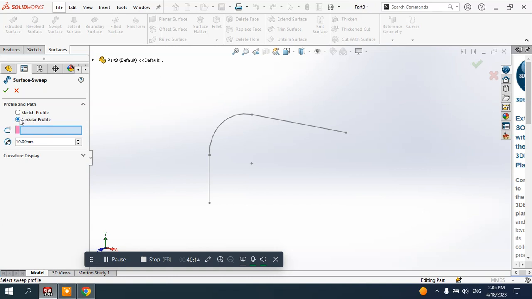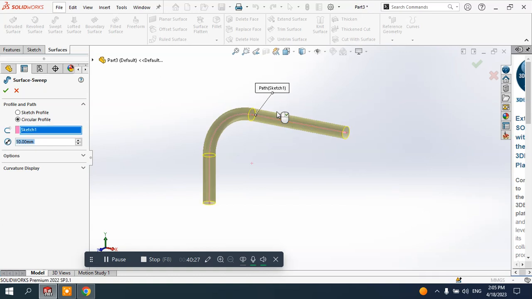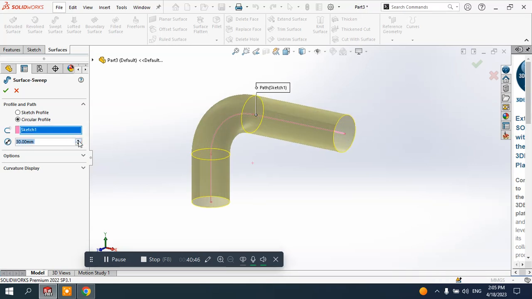I activate and select the circular profile, and I need to specify which is the guide curve, you see the symbol here. I will select this line as my guide curve. As soon as I select my guide curve, the tube starts to be created, and here you can see the diameter of this tube. By default it is 10 millimeters. I can increase this value according to my requirements, according to my sketch dimension, for example 30 millimeters. So you see it is increased. This is the circular profile cross section. If I click OK,